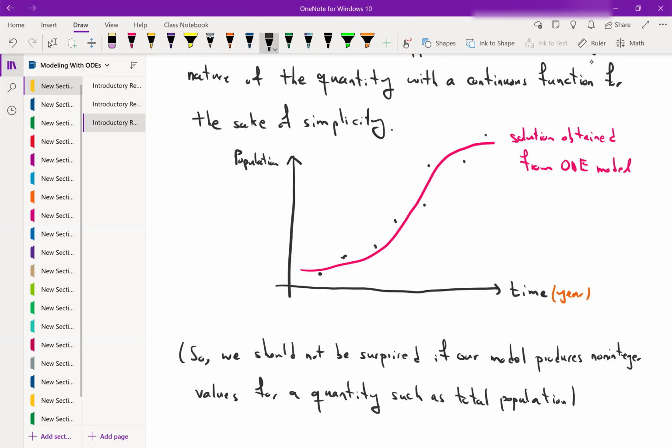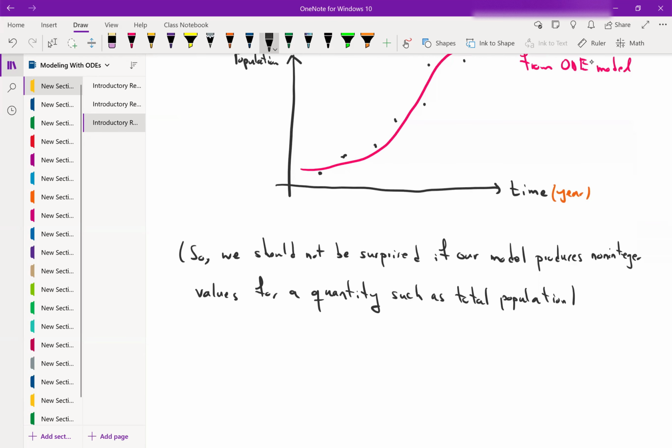models. But now I want to make a second remark here. So my first remark was that sometimes we are approximating a quantity that is in reality discrete with a continuous curve. The second remark is as follows. When constructing a differential equation model, an ODE model, here our focus is on ordinary differential equations, of course, we are often